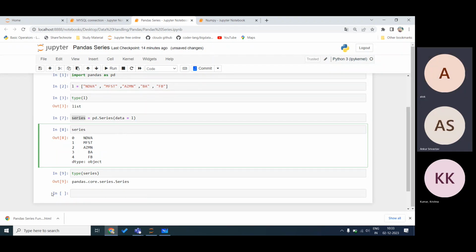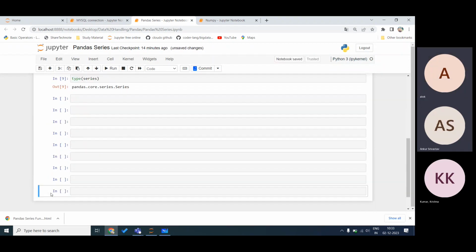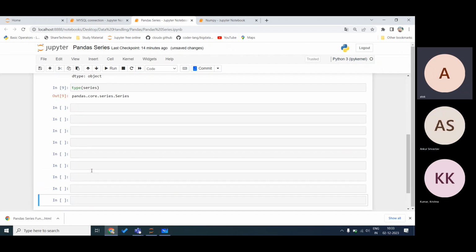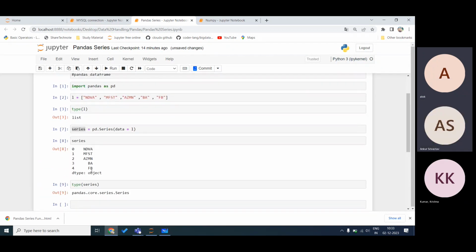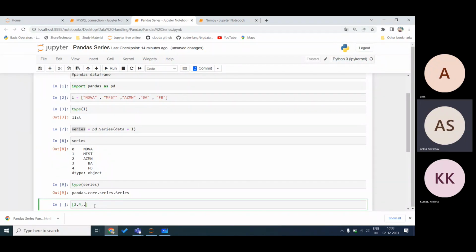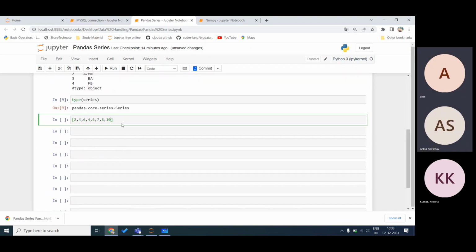Now suppose that the same thing. If I have a list like this, 2, 4, 6, whatever list I have, I just want to change it into a Pandas series.